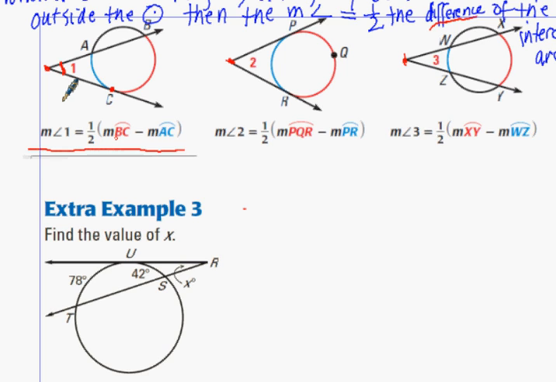Extra example 3 down here, we're asking for the angle between the 2 lines, and in this case we have a secant, because it passes through and intersects the circle at 2 points, and a tangent, which intersects the circle at only one point, point U. So the measure of angle x,